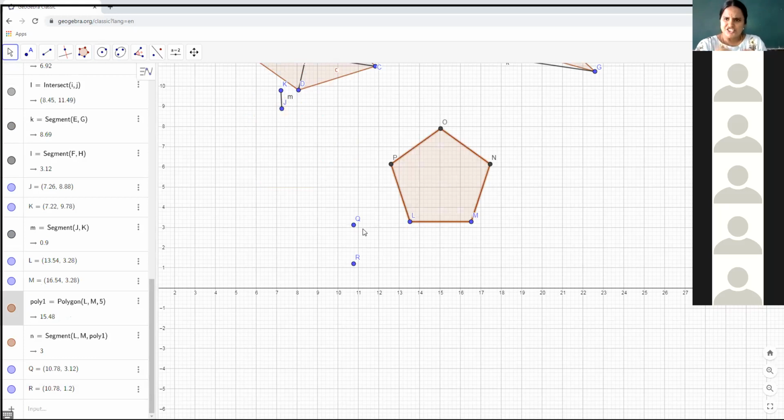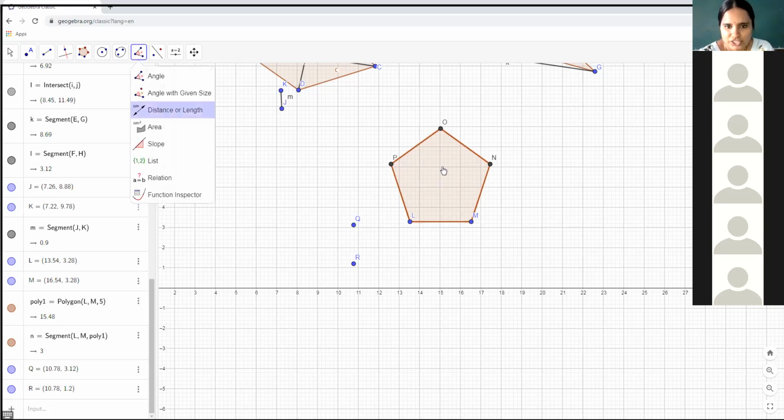Now let us check what are the main criteria that is making this a regular polygon. Once we think about the polygon, what are the two different measures that it will have? It will have the measure of the line segment and it will have the measure of the angle between the line segments, isn't it? So now let us measure them and check what is making them regular.